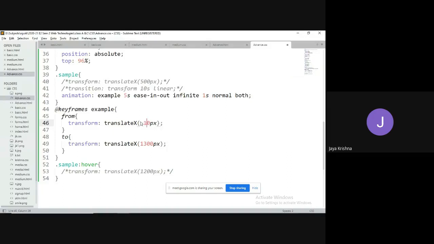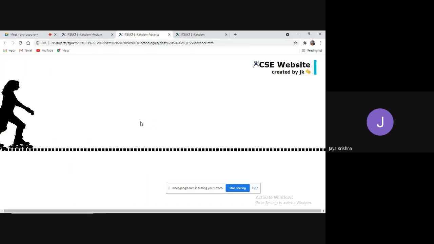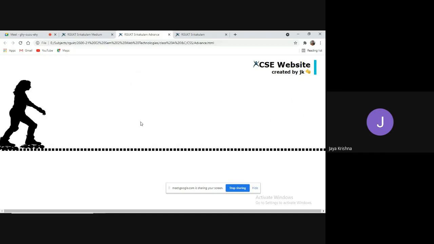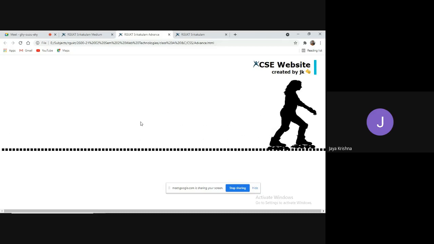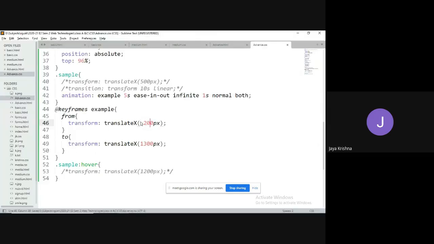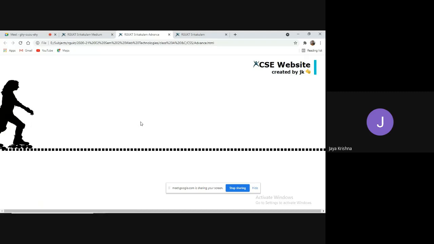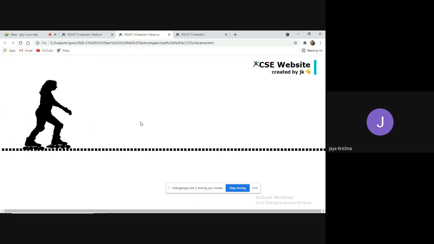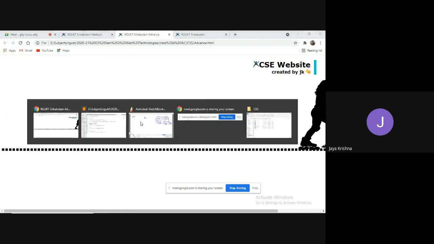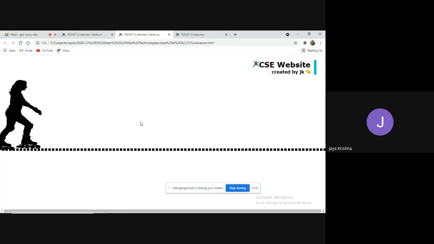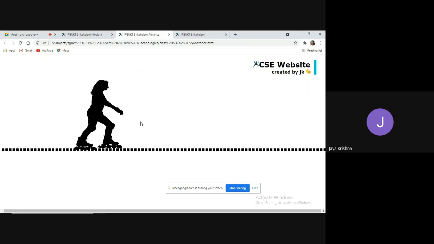Yeah guys, I'll go with 160 so that it looks like a kind of blurring effect. So I want to hide this entire thing. One second, I don't want to go far. 200 pixel. It looked like coming back. I'm repeating this many number of times. Now you can understand that it looks like a kind of rotation.